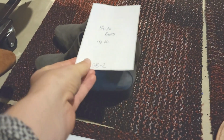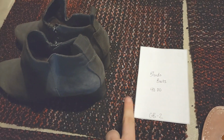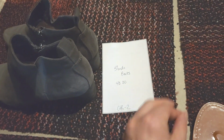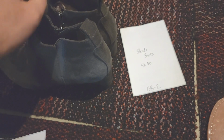Okay, you guys might remember when I went to the Goodwill bins. I think it was my last video that I was at the Goodwill bins, and I shopped with you guys. You might see some beads in here because this is where I was sorting piles of jewelry. So let's just, there we go. Okay, so Blondo